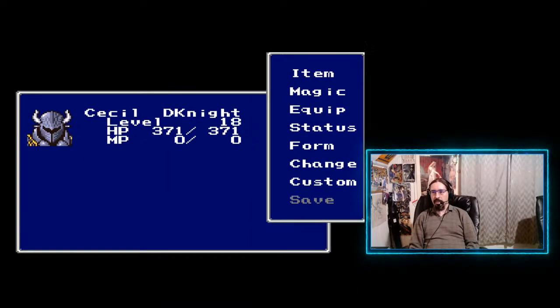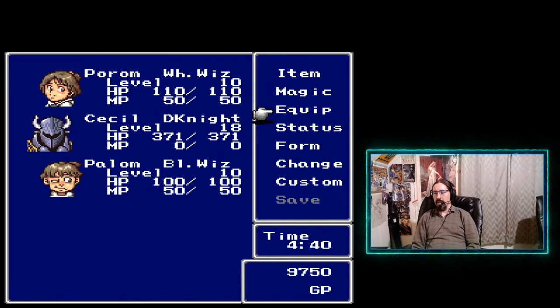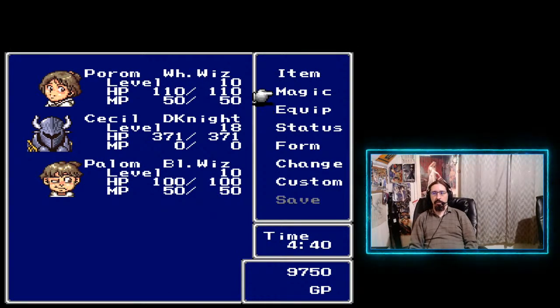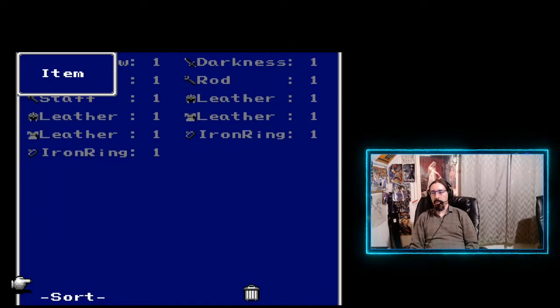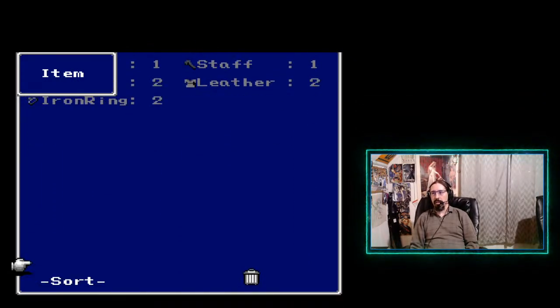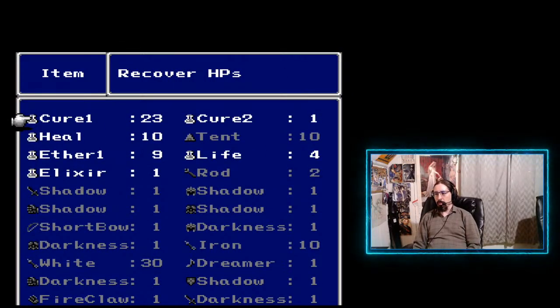Alright, so obviously I said Cecil will lose the ability to use his dark sword and armor once we hit the top of the mountain. And I'd really like to bring enough stuff along where he can immediately equip his new paladin armor that we're going to be getting for him. And to do that, I think we're going to sell...